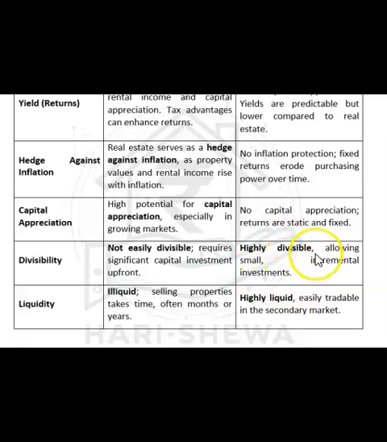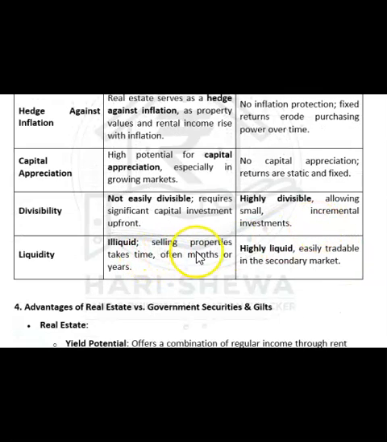बट इन फिक्स डिपॉजिट और गवर्नमेंट सिक्योरिटी, आपने पहले 5 लाख का फिक्स डिपॉजिट किया है तो फ्यूचर में आप 4 लाख का कर सकते हैं, 3 लाख का कर सकते हैं, 2 लाख का कर सकते हैं, आपकी रिक्वायरमेंट के हिसाब से। रियल एस्टेट नॉट डाइवर्जेबल, फिक्स गवर्नमेंट सिक्योरिटी इज डाइवर्जेबल। लिक्विडिटी, सेलिंग प्रॉपर्टी टेक टाइम ऑफन मंथ्स और ईयर।